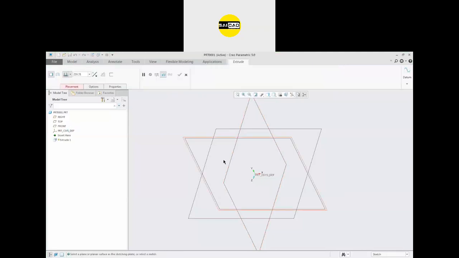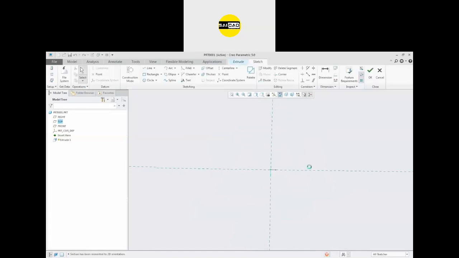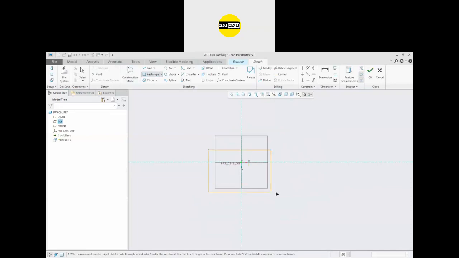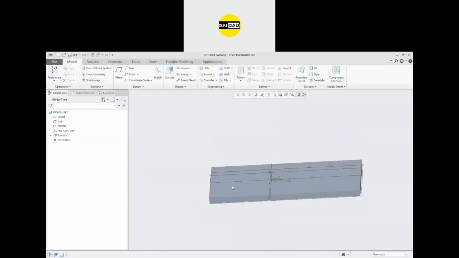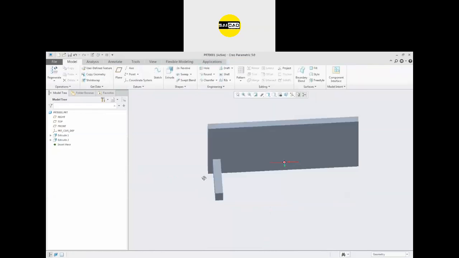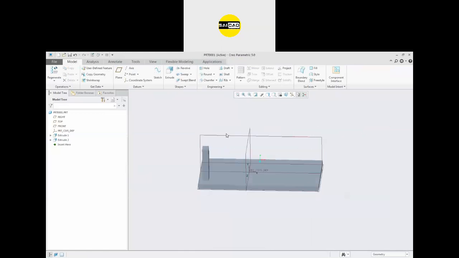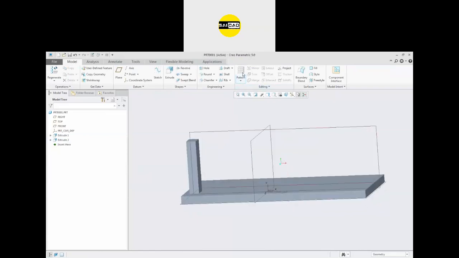So first you have to create some parts from here. I'm going to create a rectangular shape, with some height like that, and another rectangular shape that is here, again with some height like that. Now we have the pattern option here, but you can see pattern is not enabled. To enable these options, just select the object or select the feature. You will see pattern and mirror are now available.